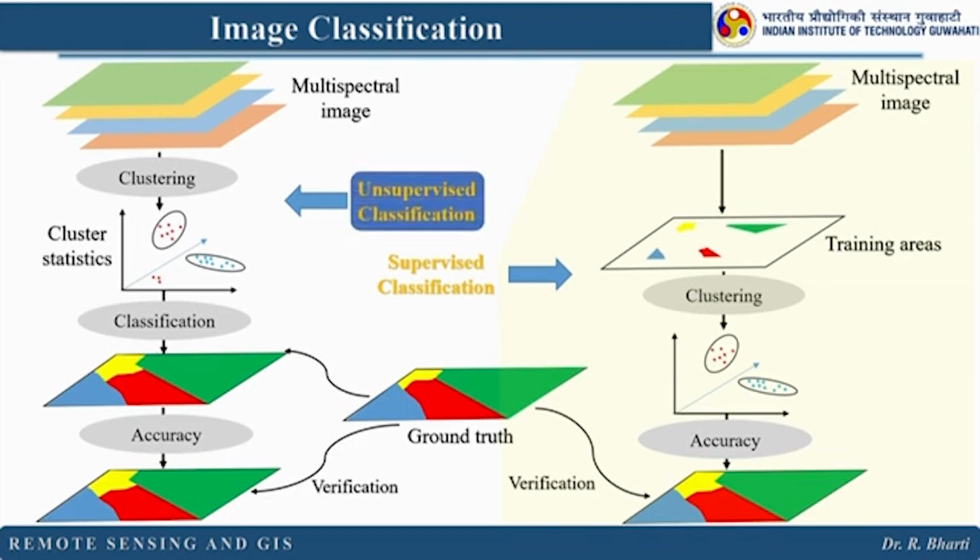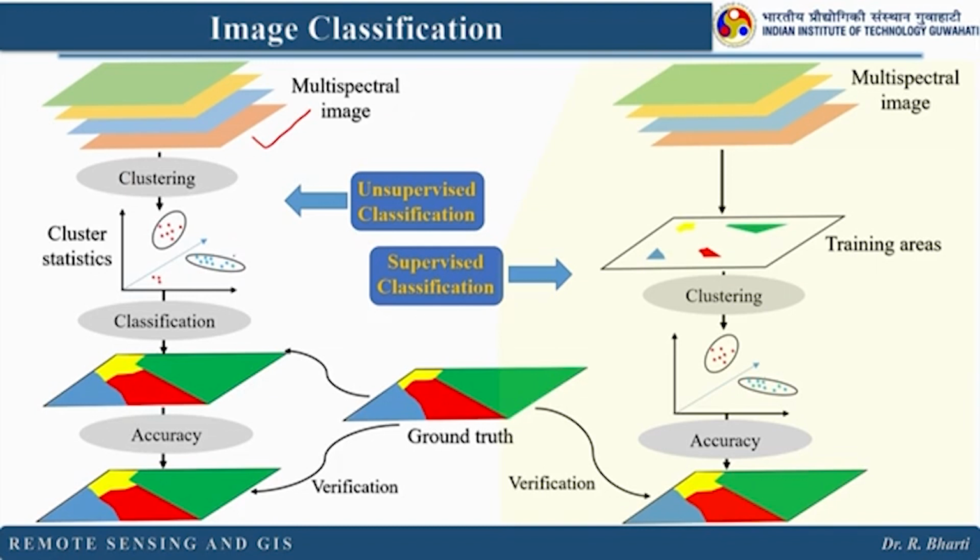But exactly what we are doing here, let us understand that. So here in this case, basically we don't have any information about the area. So what we want to do, we want to use some logic so that this algorithm can itself develop a cluster where all the pixels belonging to a class will be clustered together or will belong